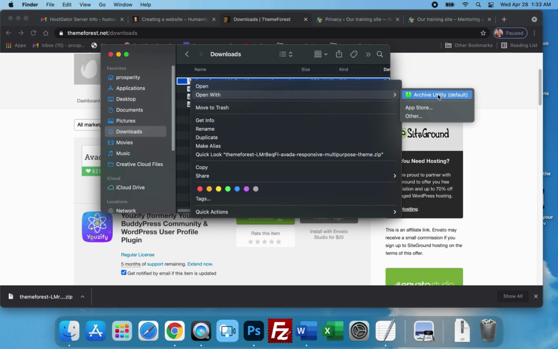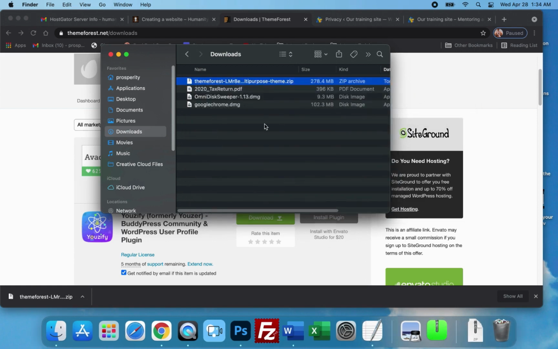And this archive utility is something that comes with MacBooks. If you don't have a MacBook, go ahead and download WinZip, and that's going to allow you to open your zip file. You can just put WinZip in a search engine. Okay, but we're going to click this and open this,